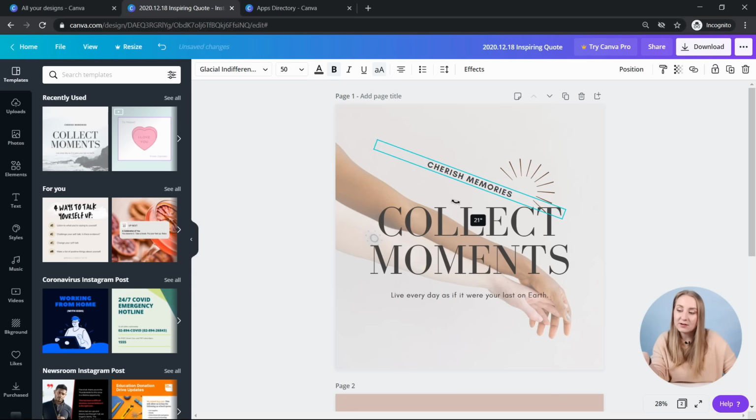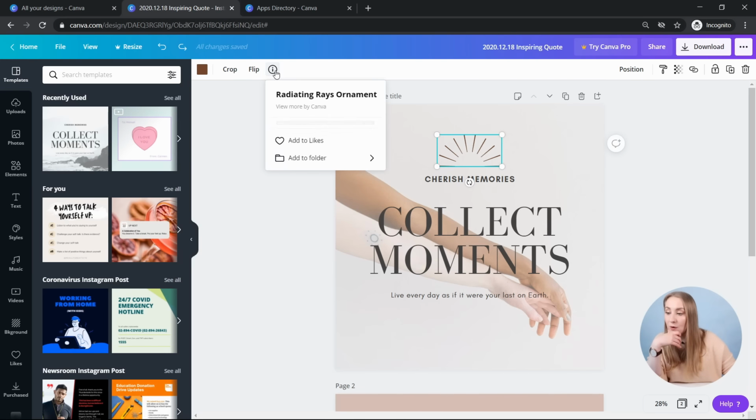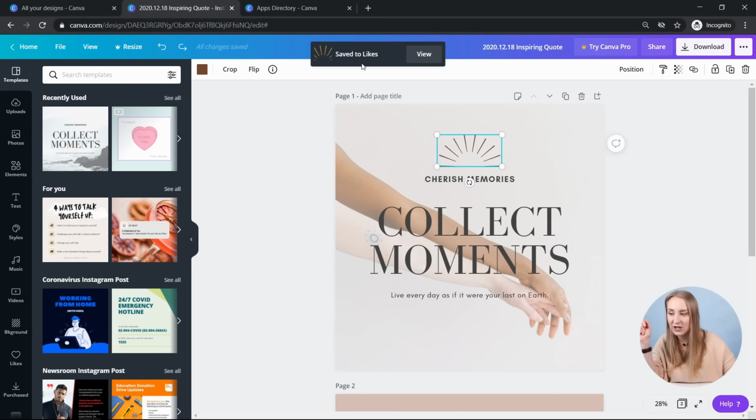I can click on a particular text and rotate it, it's a different rotation, but whatever. Let's just revert back, so I'll keep it as that. Further on, you've got info on this element, so that pulls back the same kind of 3 dots that you had in the design. So if you still really like that element, you don't have to search for it through the elements. You can just add it to likes in here.